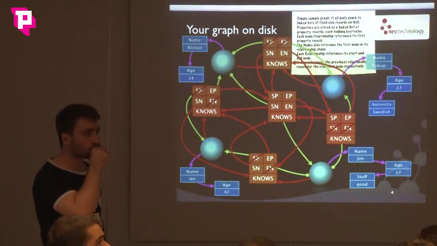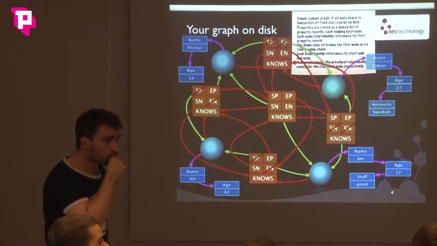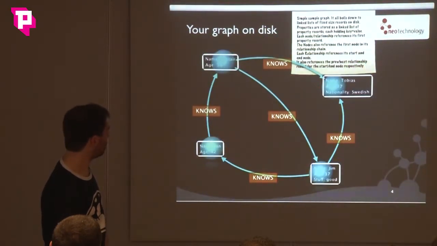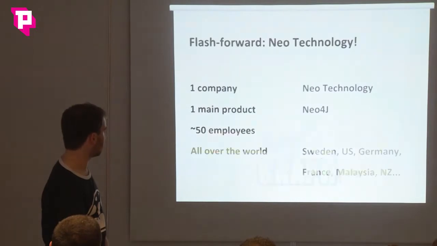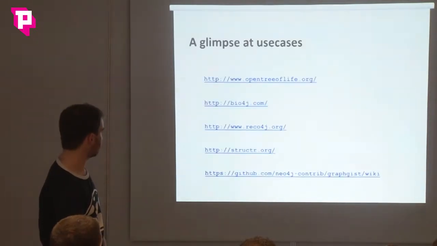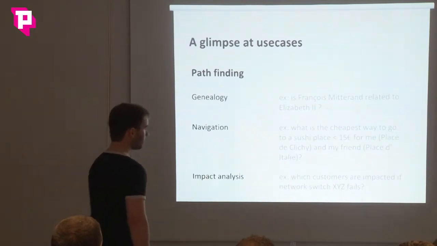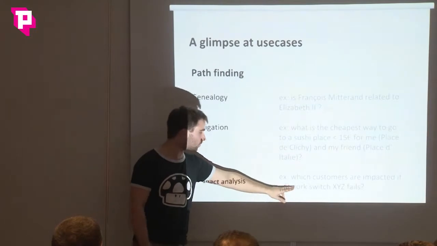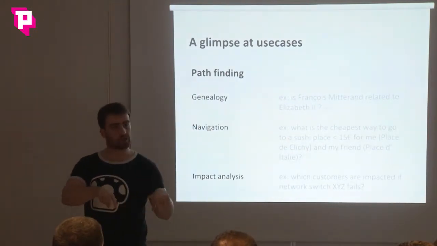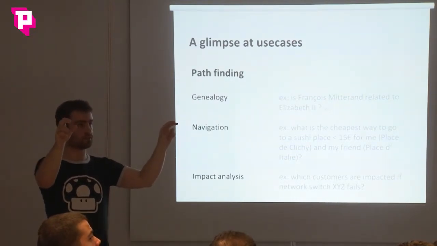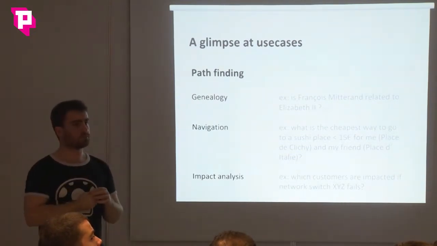In the switch example, is failing a node or a relation? Sorry? In the previous pages, there was a switch example, failing switches. Right. Are switches nodes or relations? In this case, it would be a node. So you start from the switch node, and it follows the relationships of the nodes until you arrive at customers. Then you know these customers will be impacted. Yeah, failing is a relation.